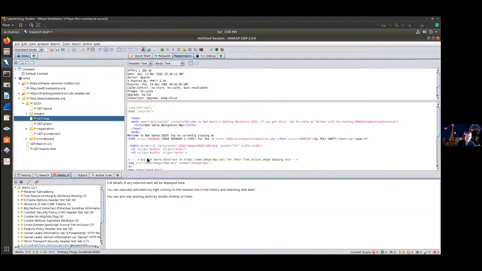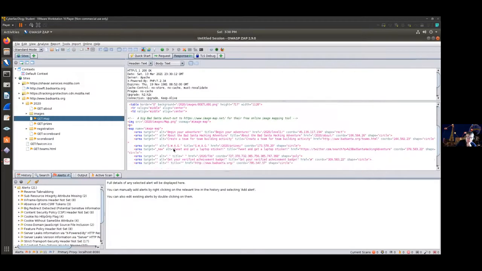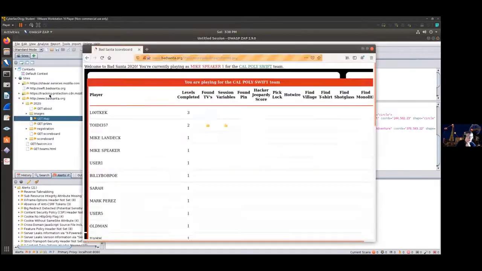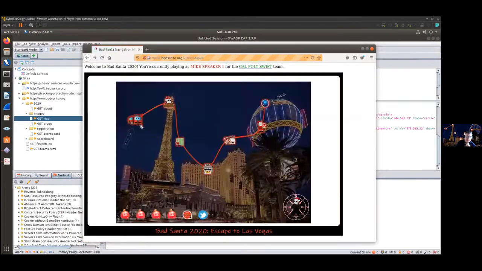Before we move on, what people are finding is the ones who have the TV. If you look at the map section, what you see is this image map, and you've got 1, 2, 3, 4, 5, 6, 7, 8, 9, 10, 11, 12, 13 things to click. 14 kind of. If you go to the source code,